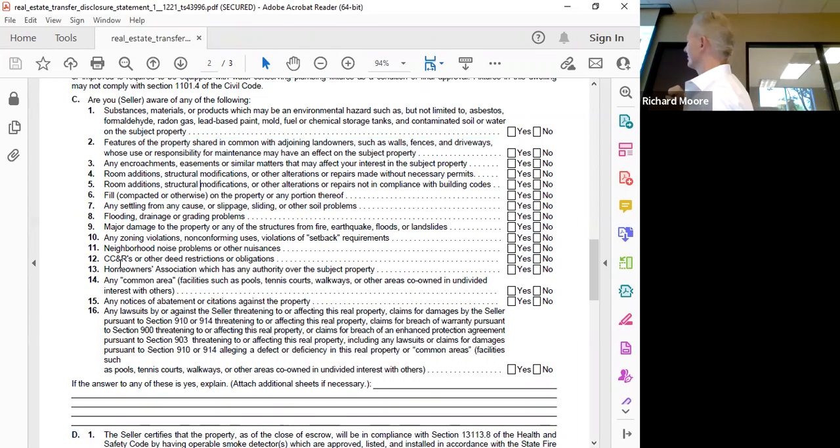How uncommon is that, Rich, that if there's CC&Rs that there's no HOA? I don't think it's common, but it certainly does occur. You know where we see a lot of it? Down in Newport, there are duplexes. And many times those have CC&Rs, but there's no management company. So who enforces the CC&Rs? Is it the city? No, it's between the two homeowners who created it. Anyone that's on title, it's between them.